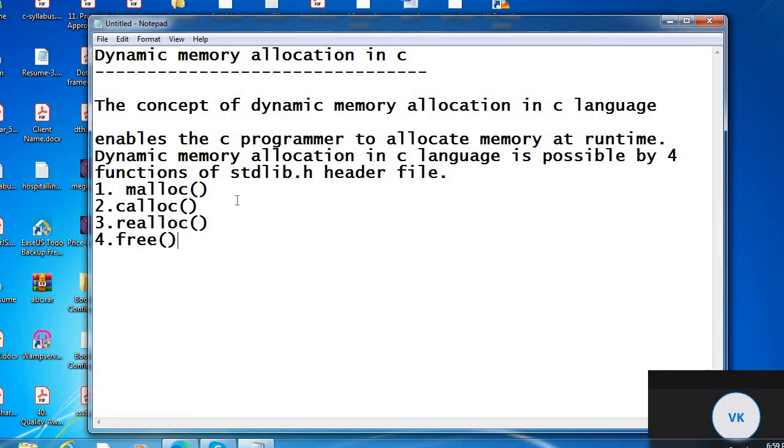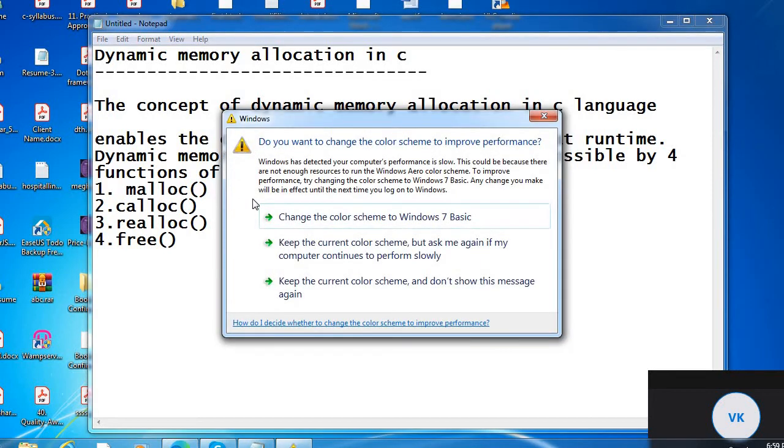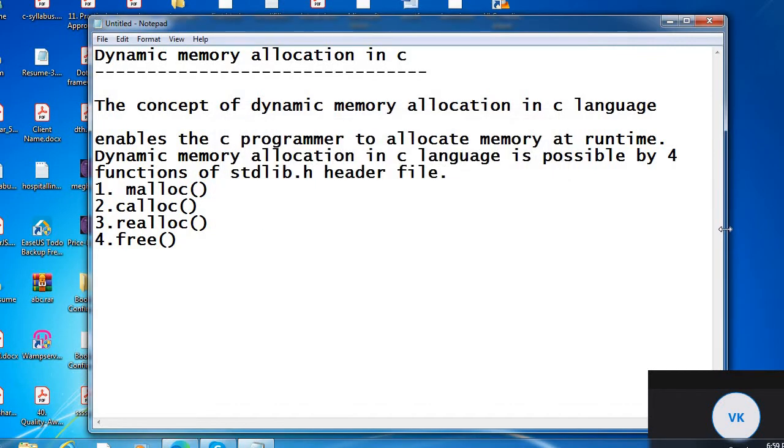Static memory allocation means we have to mention the size in the program itself. So in static memory allocation, memory cannot be increased while executing the program. It will be fixed. Whatever the memory we are giving, that will be fixed. But whereas in dynamic memory allocation, memory can be increased while executing the program. It is runtime.